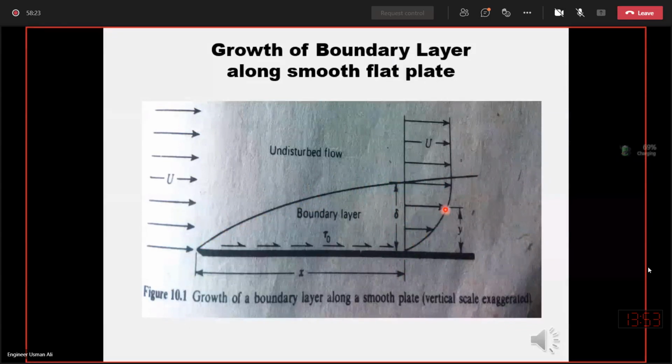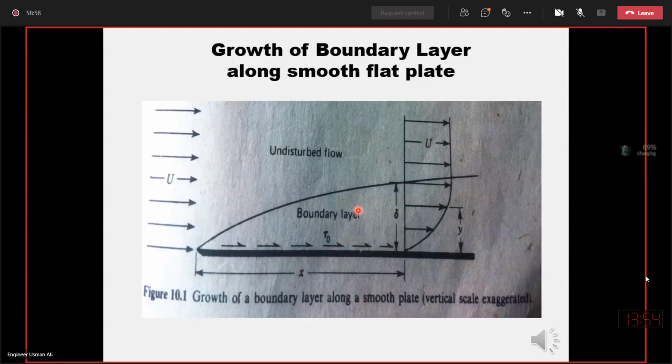This is called the profile of the velocity. This is the velocity profile within the boundary layer and outside of the boundary layer. So within the boundary layer, if you see, velocity is varying from 0 to a certain value when y is varying from 0 to a certain value. So it means that within the boundary layer we have the change in the velocity, which is called the velocity gradient, and we have the shearing stress present between the fluid and the body, the surface of the plate. So this is the boundary layer.